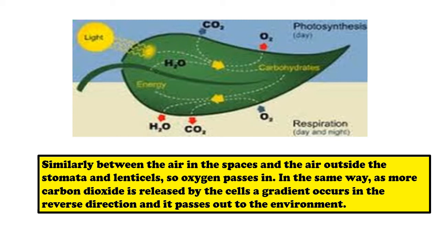So in this way, children, during the daytime, more amount of carbon dioxide is entering in through the stomata and oxygen is going out, whereas during the night time more amount of oxygen is going into the leaves and carbon dioxide is coming out. In this way both the processes, photosynthesis and respiration, are balanced. And remember, the rate of respiration in plants is much higher at night time compared to the daytime, and that is why it is suggested not to sleep under the large trees during night time.